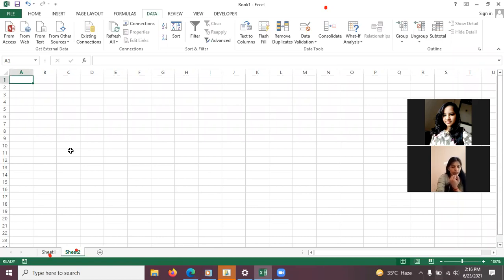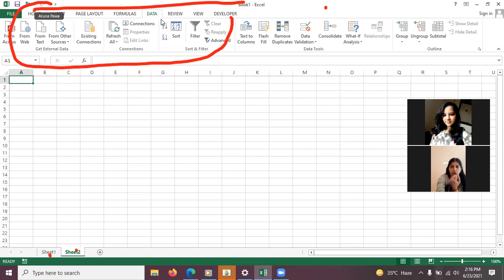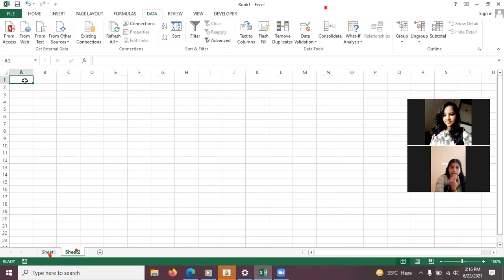Then we have a ribbon. As you can see in front, it's a ribbon. It comprises all of these. This is all a ribbon which is shown here. It is a combination of tabs and groups. Different tabs are there and different groups are there. Tabs are these, where Home, Insert, Page Layout, Formula, these are all tabs. And groups are these which are written here at the bottom, and they are separated. They have their options separately with them. These are all groups. So the ribbon is the collection of tabs and groups.